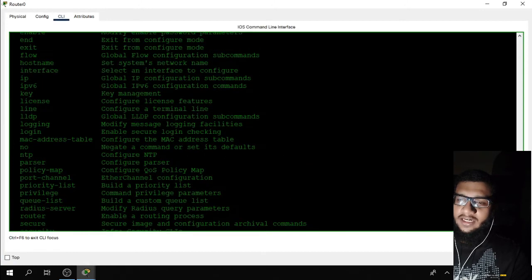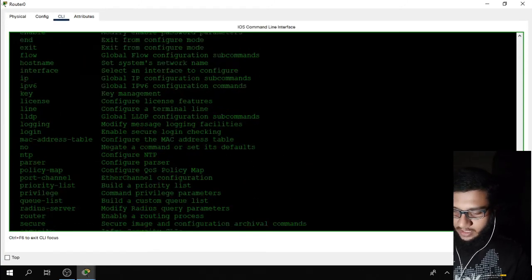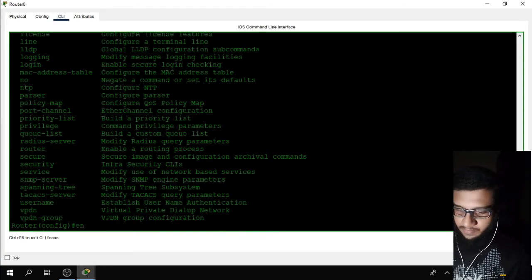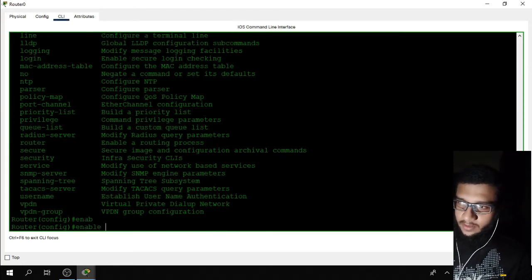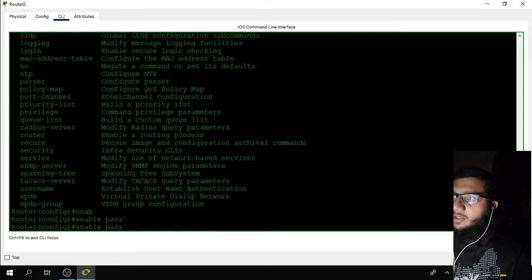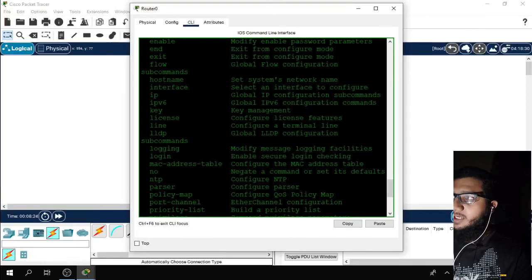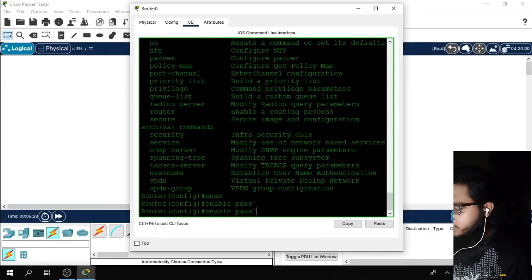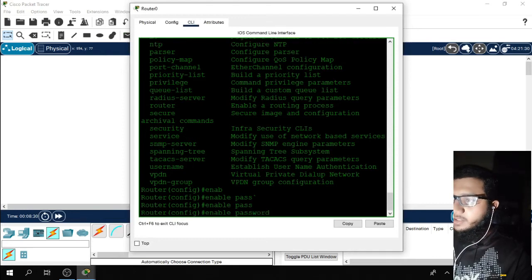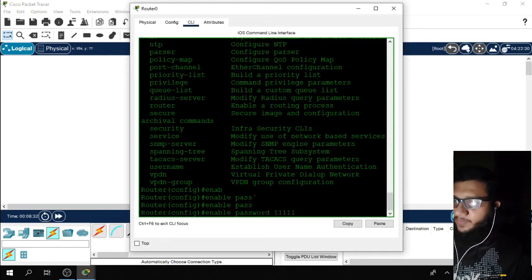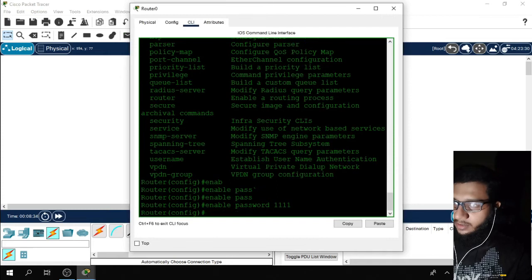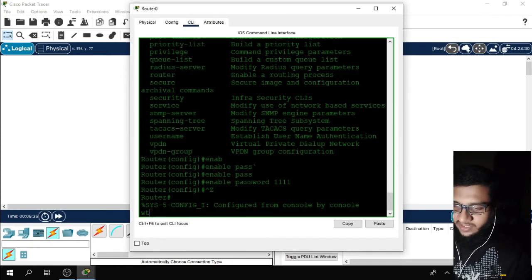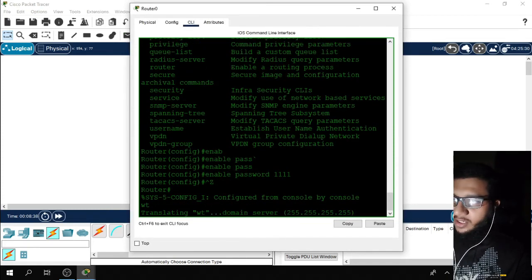I have to set an enable password: enable password. What should it be? I'll keep it 111. Control Z, WR.